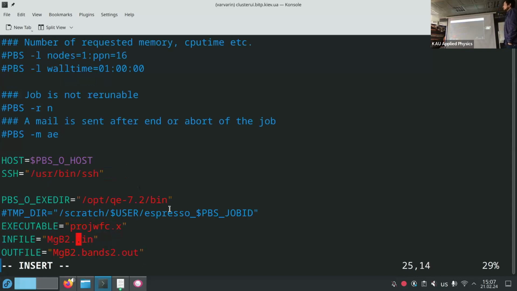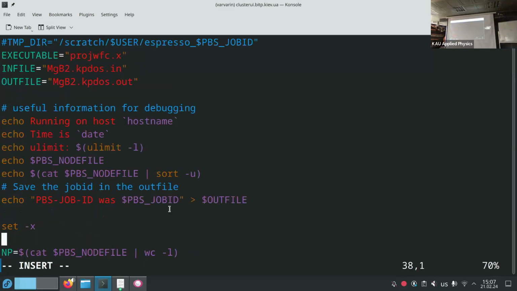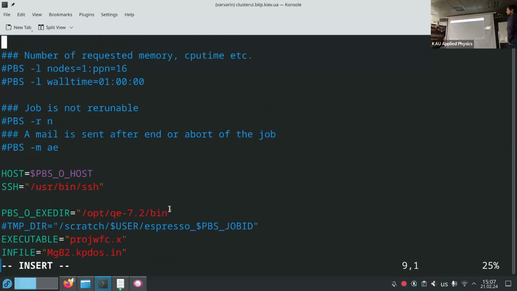So you see that the script is rather convenient. It's very simple. It may look terrifying, intimidating, but what we need is just a few lines. Projwfc and the file name. Projwfc because we want to create those.